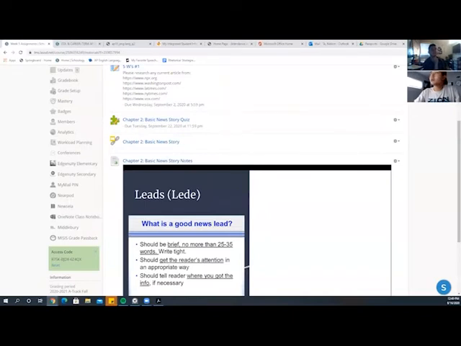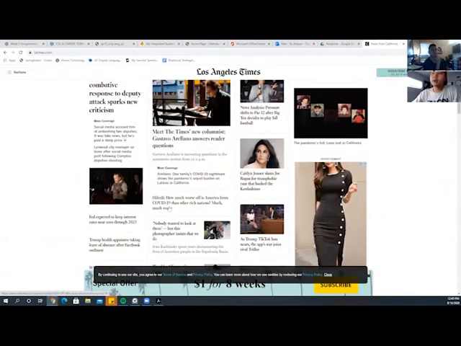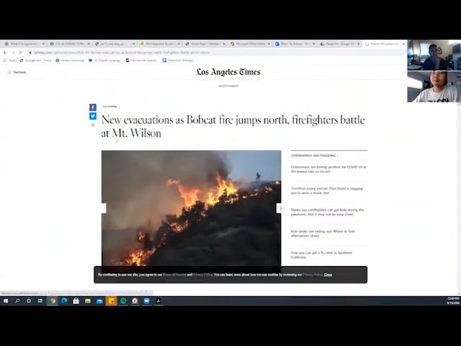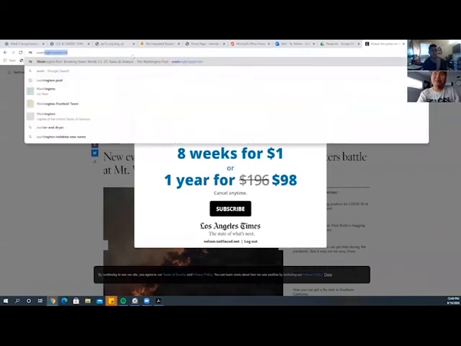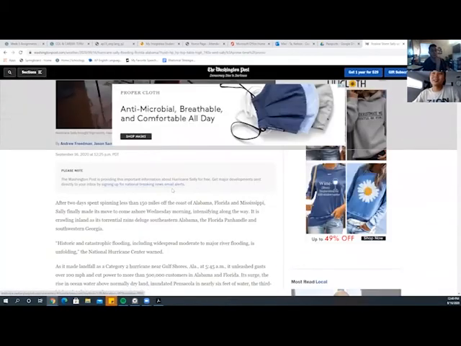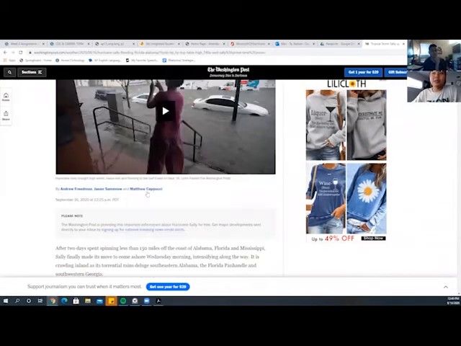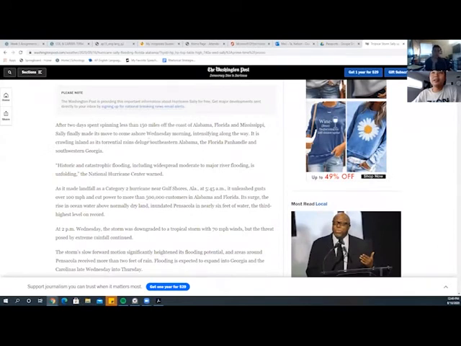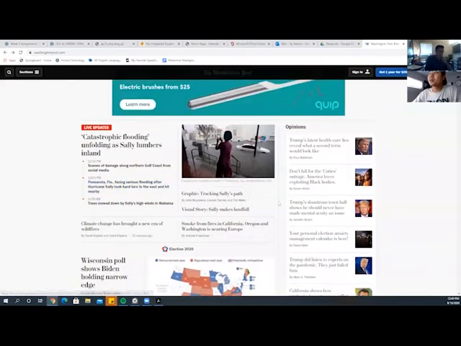Let me exit from this real fast. Let's go to the LA Times. If I were to click on, hopefully it doesn't make me do a paywall. Yes, it did. Maybe if I go to a different one, there are paywalls now. We talked about this last week. All right, so first sentence of this paragraph. After 2 days spent spinning less than 150 miles off the coast of Alabama, Florida, and Mississippi, Sally finally made it to, this is actually a feature lead. This is actually an opinion page. Let's go to one that is,